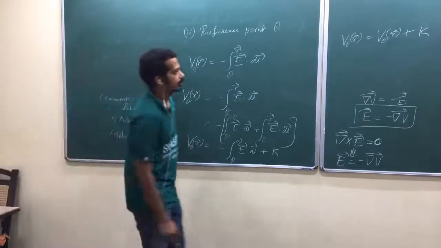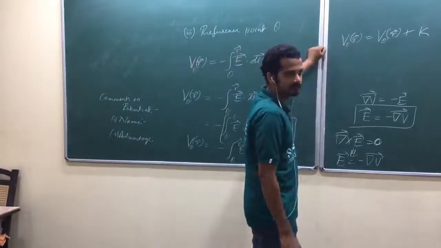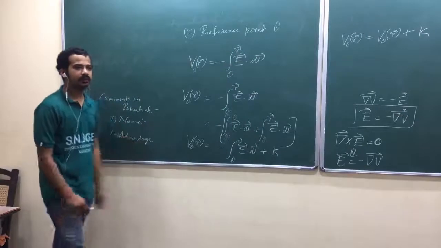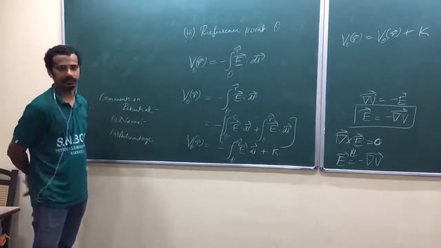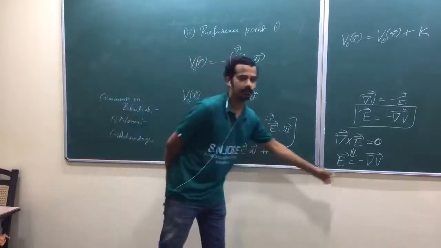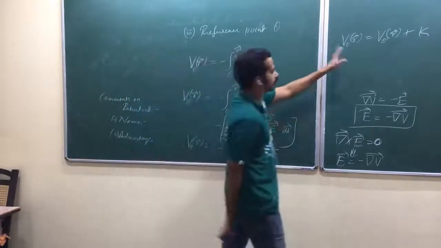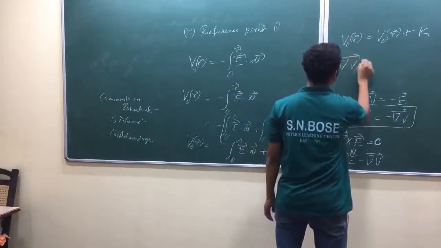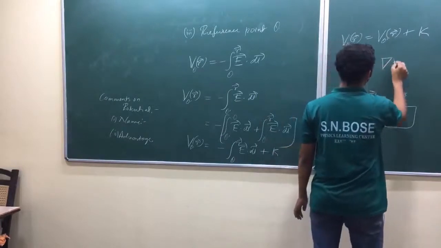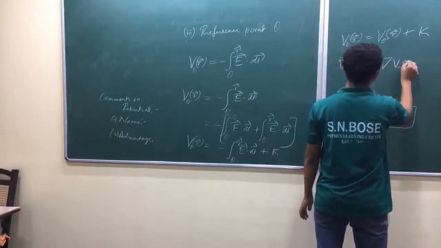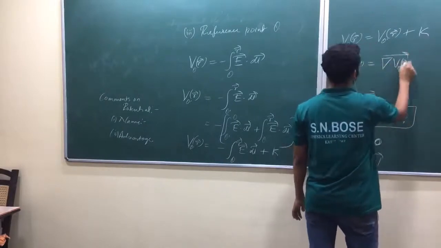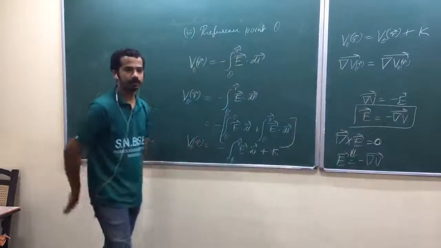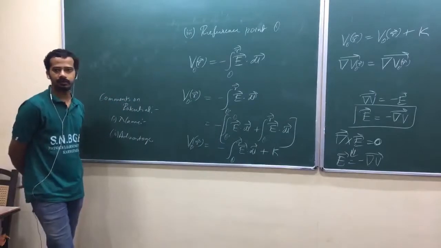Now look here. If you take a gradient, you will get the same result. Why? The gradient of a constant is equal to 0. So choosing a different reference point will not affect the final electric field. That's our target. Remember, our target is to find the electric field. Take the gradient of V at O; that should equal the gradient of V at O prime. Put one negative sign, and that's why the electric field should be the same. The electric field should not take different values by choosing a different reference point.